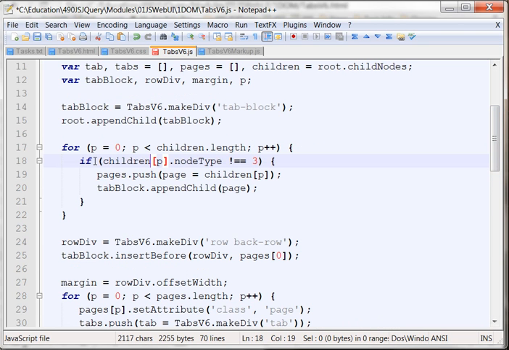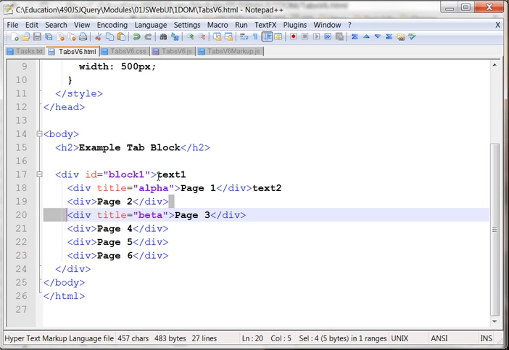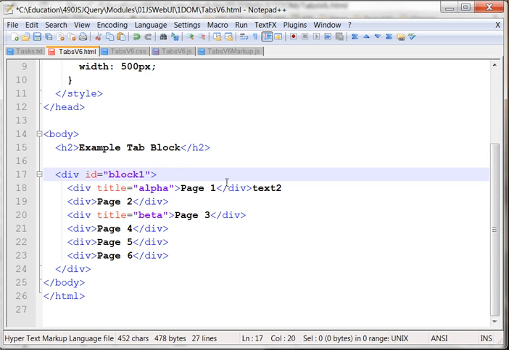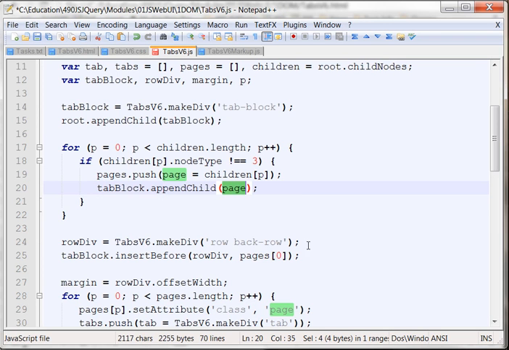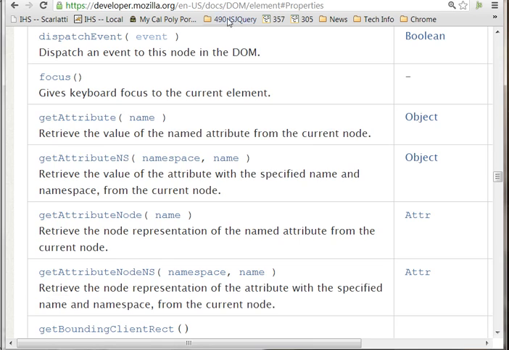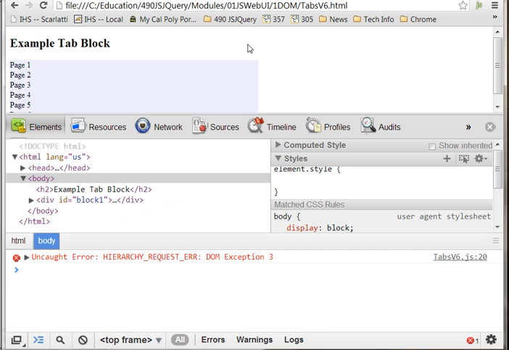If a children element is not a text node, then we add it to pages and to tab block. Otherwise, we leave it be. And by the way, let's also eliminate the text1 and text2 from the HTML file if you're following along in your own code there. And we'll save all that off. And the result is